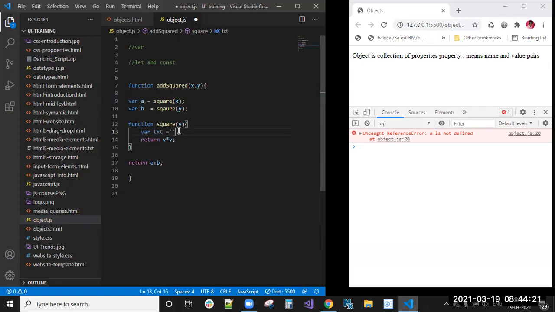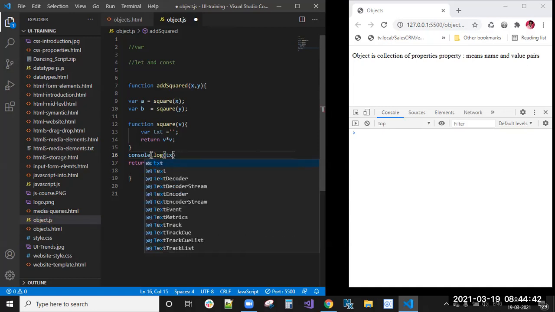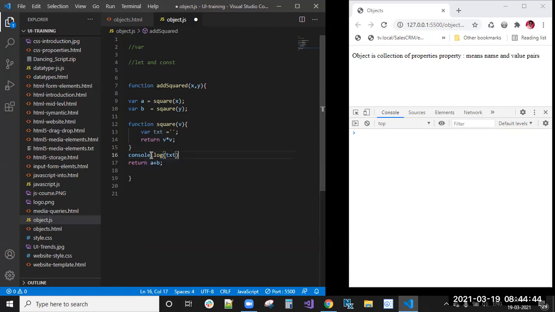Now you can see that this txt is a variable having local scope up to this function only. If I try to access it with console.log, here also I can't access the txt value outside of that function, the console.log of txt.